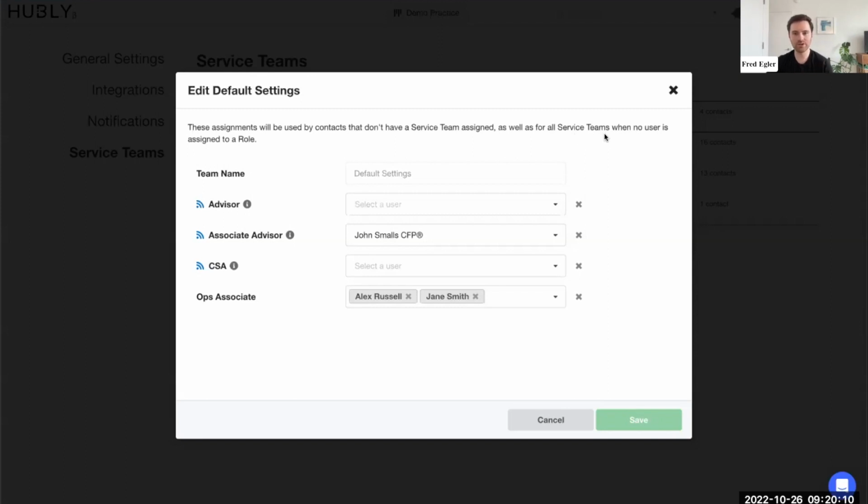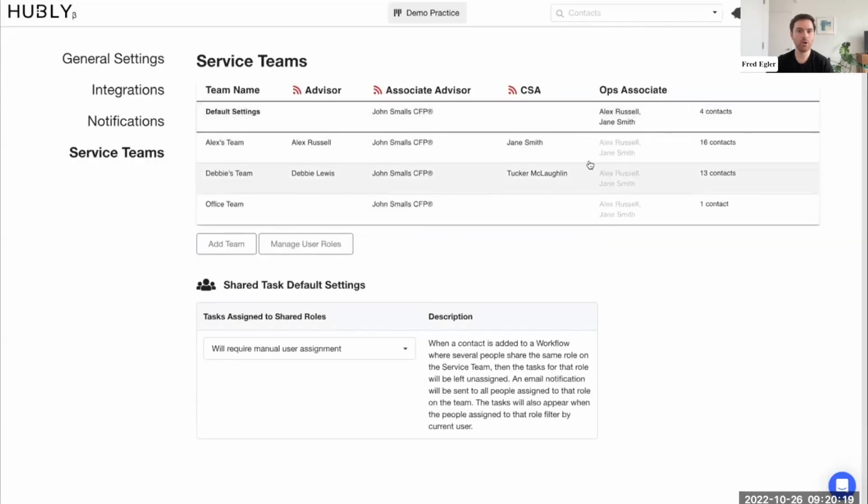And so the default team is really easy to set up and have those assignments for maybe unassigned contacts in your CRM, or if you don't want to create a bunch of different unique service teams. Those default settings assignments will actually waterfall down to the other service teams if you haven't set a user in one of those roles. For example, here you can see in the default settings team, Alex and Jane are in